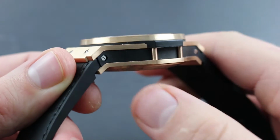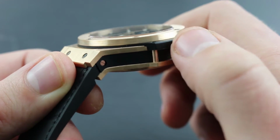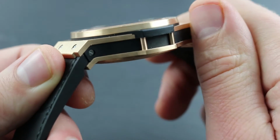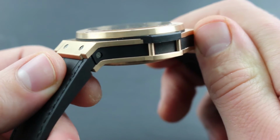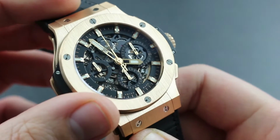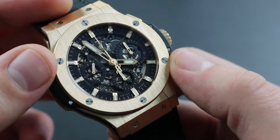Now, on the flank of the case, you can see satin finish juxtaposed against the black polymer inserts, as well as the fully expressed bezel gasket. Again, Hublot is all about expressing the materials, but also the machine, and the case has the imagery of a structure in the intermediate phases of construction, with its skeleton still visible. This continues on the bezel, where you can see satin finish contrast with the polished titanium H-pattern Hublot bezel bolts,